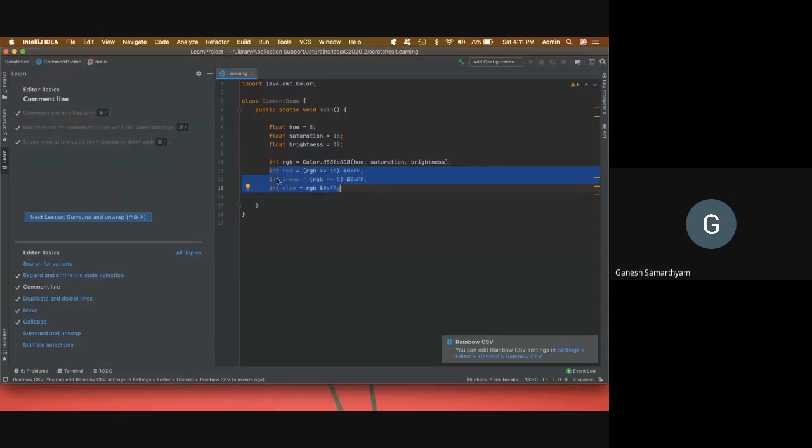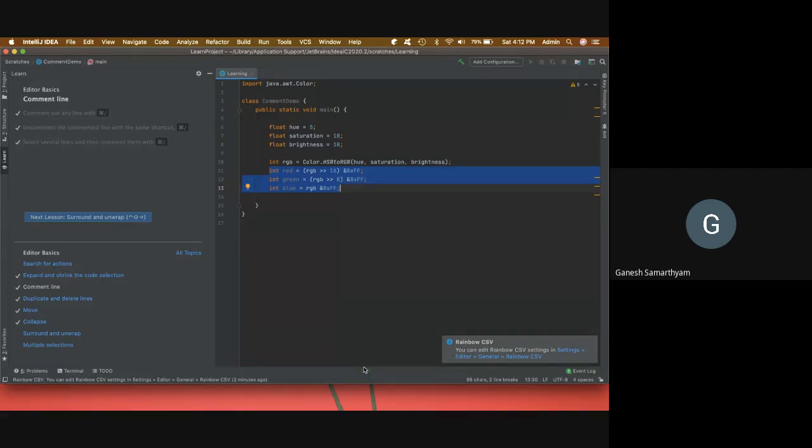Okay, so when I do something like this, you see what shortcuts I am using. When you're doing along with me, this is very important because I am using Mac and many of you may be using Windows or Linux. So you can observe the key combination that I'm using here. For example, Control slash for Windows and Linux and Command slash for Mac. So that is a shortcut that we need to use. So how am I getting this?